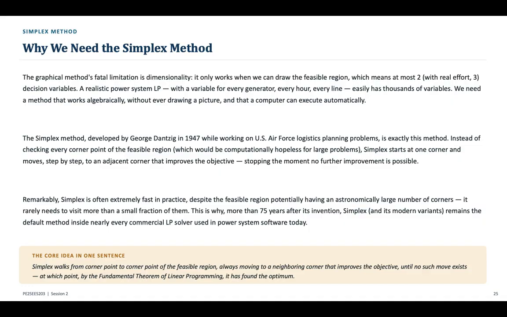The method was developed by George Dantzig. The classical simplex algorithm dates back to 1947. The basic idea is